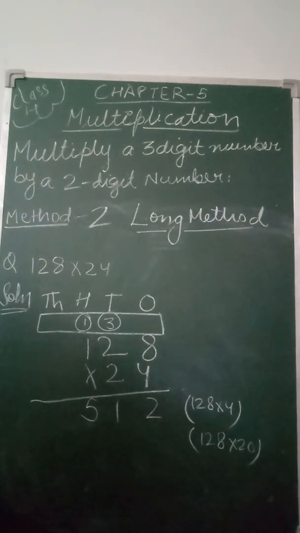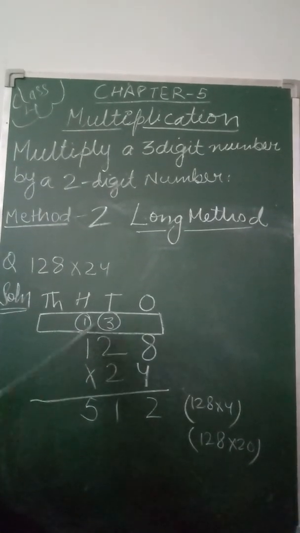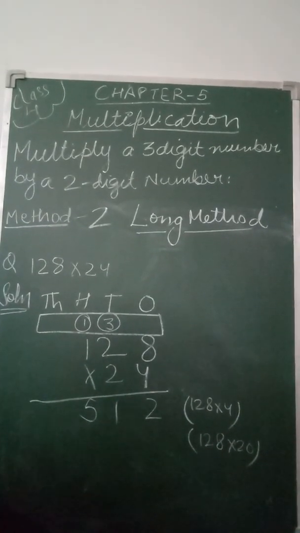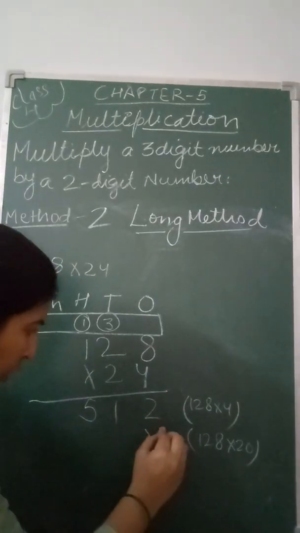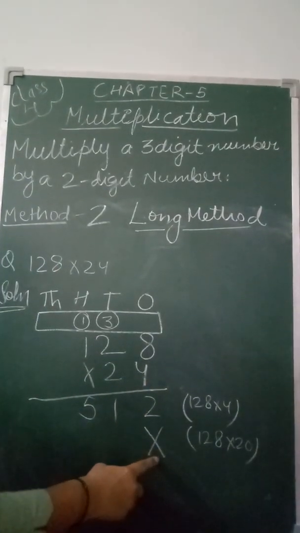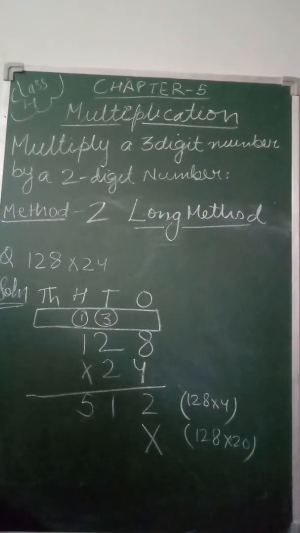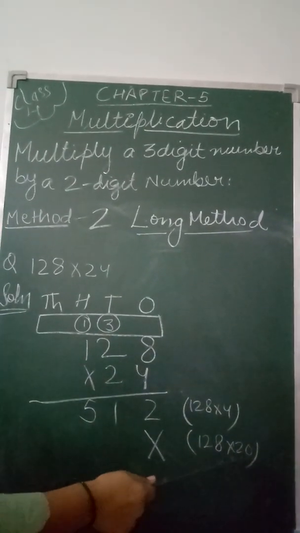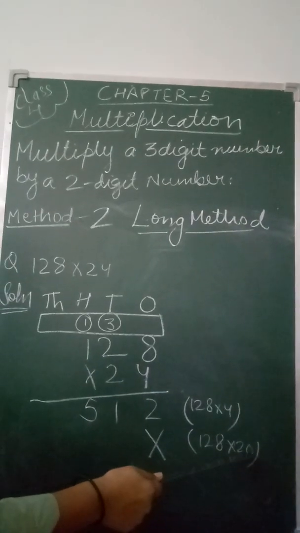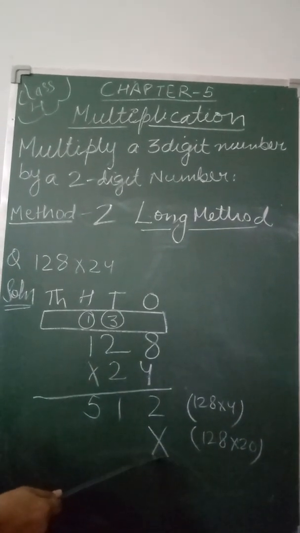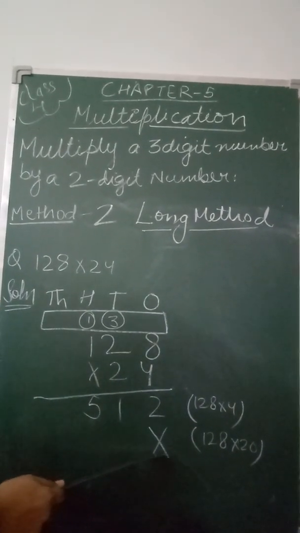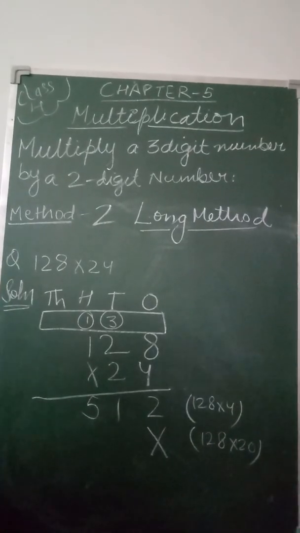And when we multiply the second number by the whole number, we have to put either a cross or 0 on the ones place of the second row. Why? Because we have to multiply this number by 20, and this 10 is there, so directly we can put a 0 here, with either 0 or cross. This is your choice, what we have to use here.